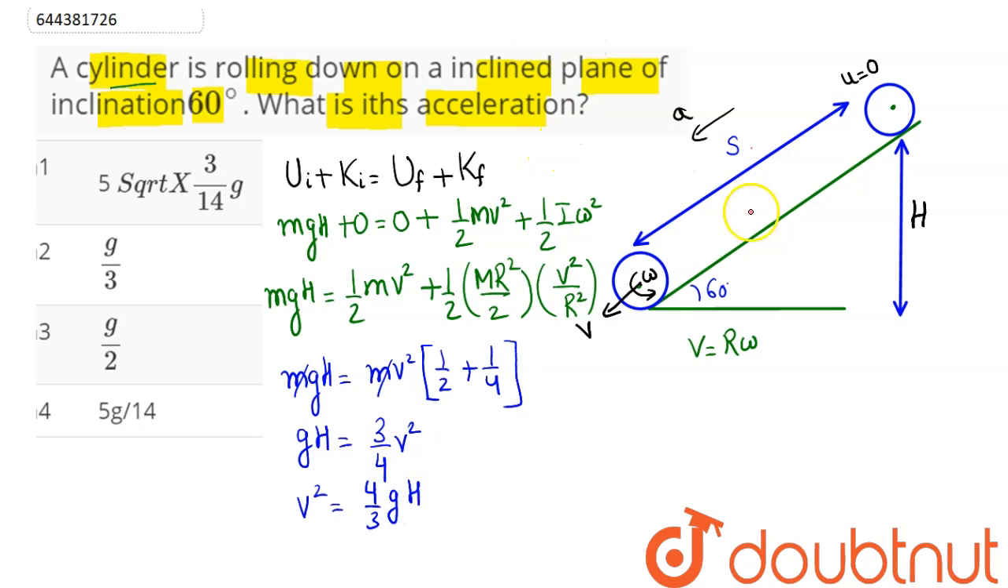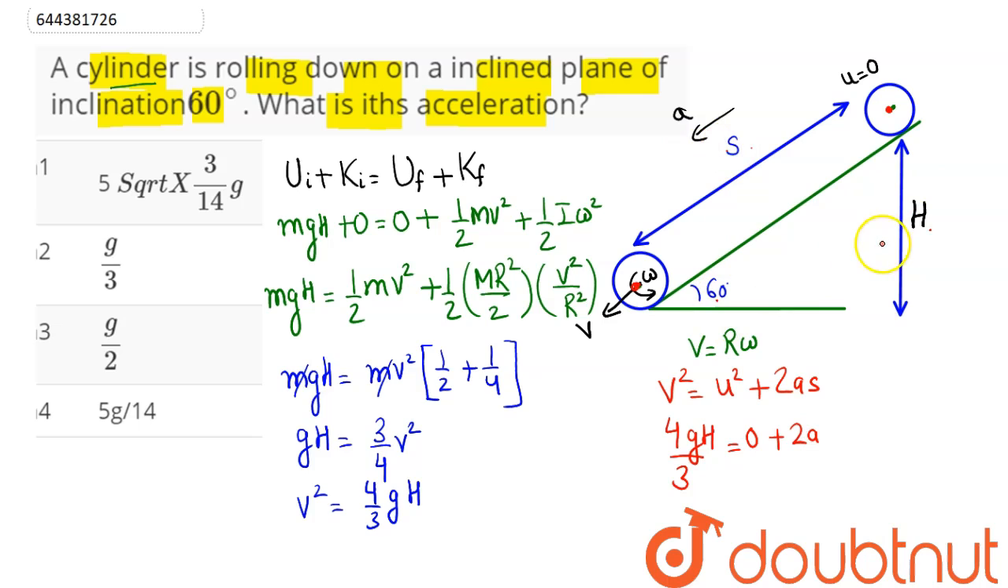Now here we can write this acceleration. Initial velocity is given, final velocity is given, this is moving with uniform acceleration. So we have v square equal to u square plus 2as. We need to find the linear acceleration. V square value is our 4gh by 3. Initial velocity here is 0, and acceleration we need to find out, and displacement s in terms of height h